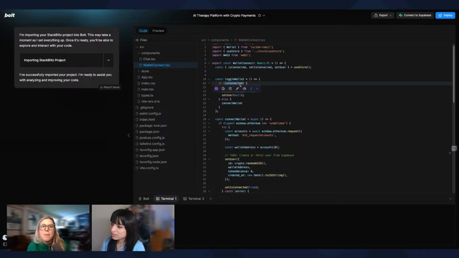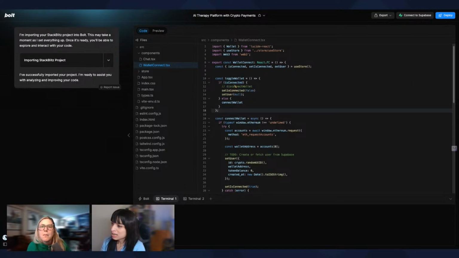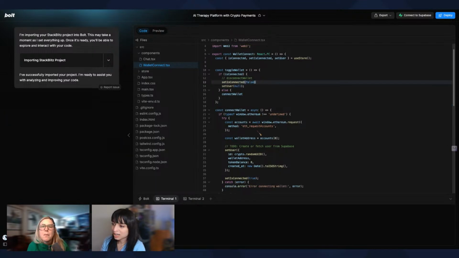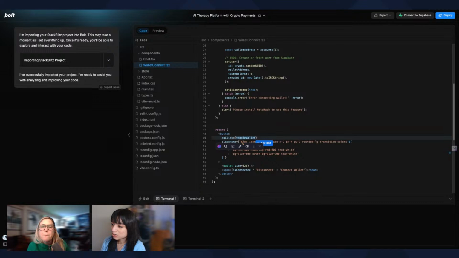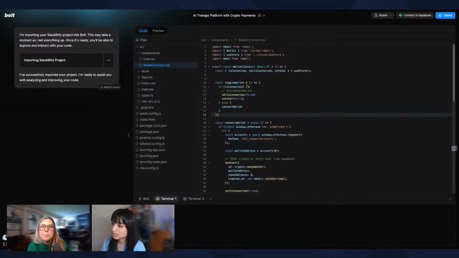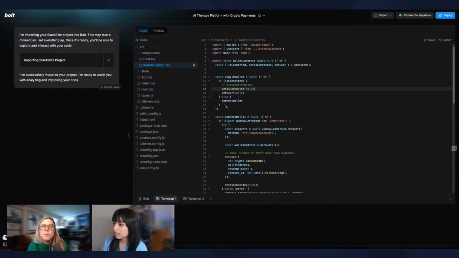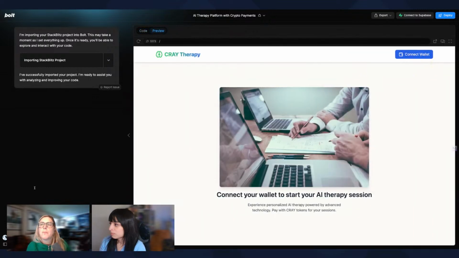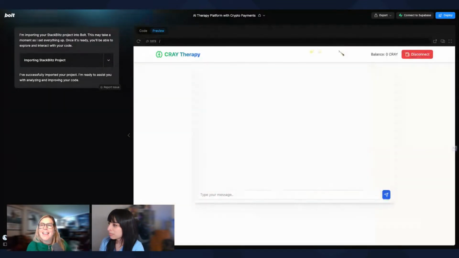Well, this is a neat thing. If it is connected, then it's going to do these two things. And if it's not connected, then it's going to connect a wallet. So right now we're in a state where it is not connected, I believe. But what we can do here is toggle wallets here, async. It's an async operation. So what were we asyncing here? Async await connect wallets. And now it's prompting me to connect my wallet. So I'm going to dangerously do that with a throwaway account. There you are. Perfect.